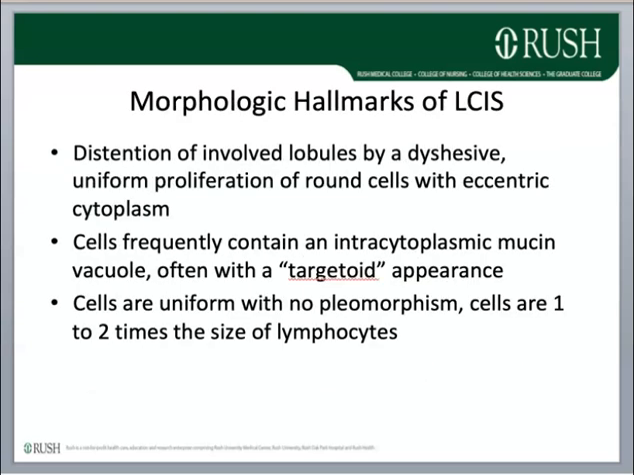And histologically, what we see in LCIS is distension of involved lobules by discohesive uniform round cells with eccentric cytoplasm. The cells frequently contain intracytoplasmic mucin, again giving it a targetoid type appearance. The cells are uniform with no pleomorphism and are small. They're about 1 to 2 times the size of normal lymphocytes and just slightly larger than lobular epithelial cells are